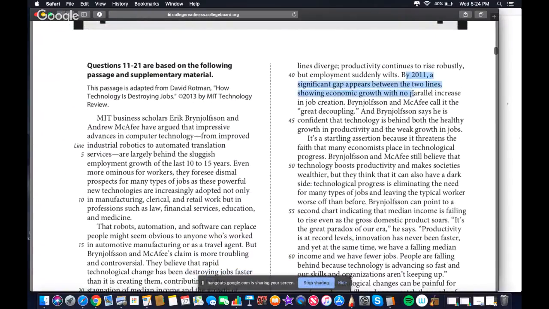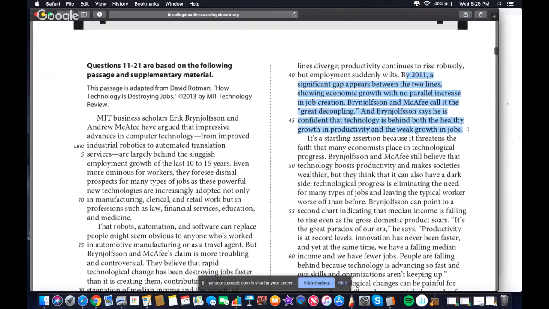By 2011, a significant gap appears between the two lines, showing economic growth with no parallel increase in job creation. So economic growth, but no new jobs. Okay, so there's like more prosperity or more money, more productivity, but no new jobs. They call it the great decoupling. And this guy says he is confident that technology is behind both the healthy growth in productivity and the weak